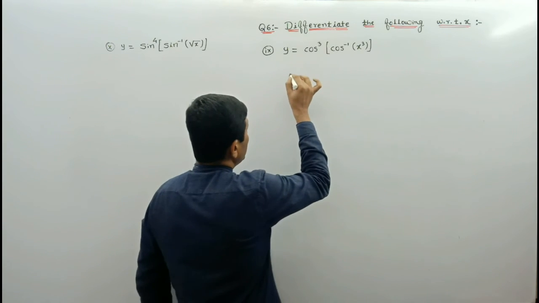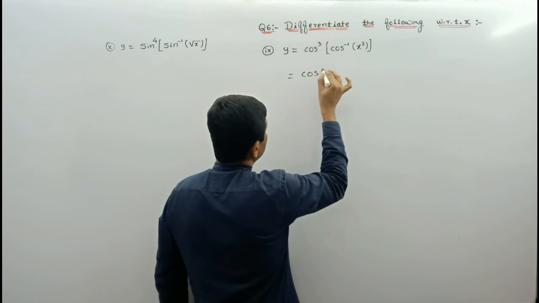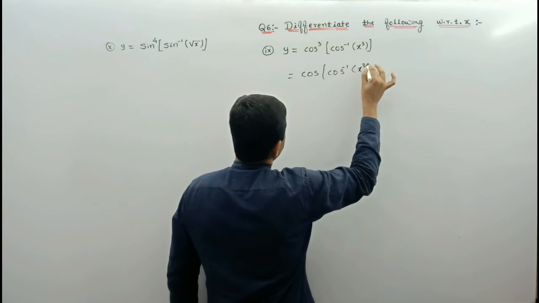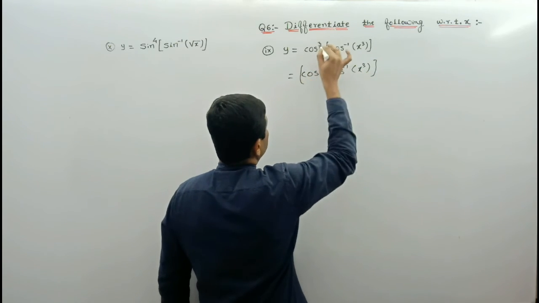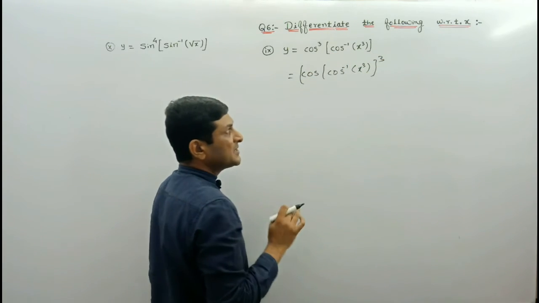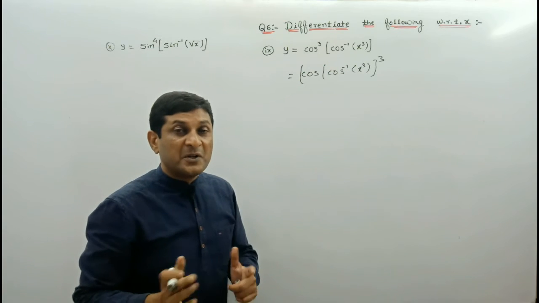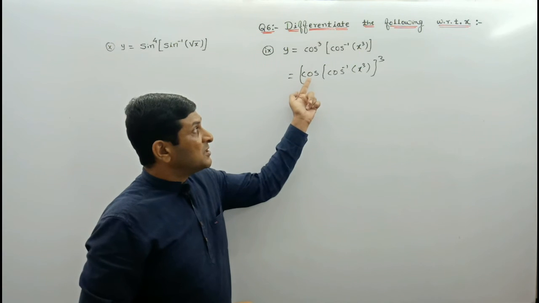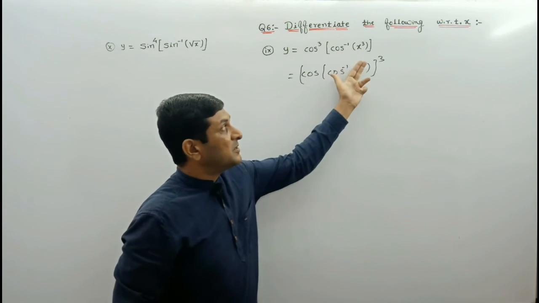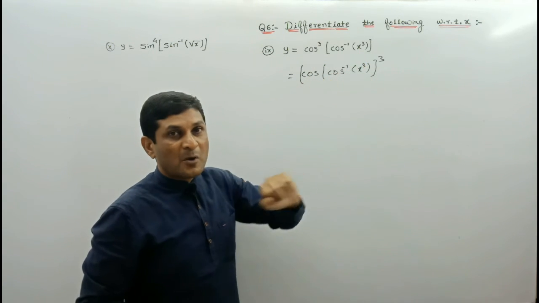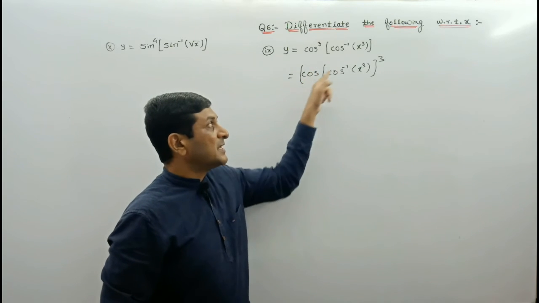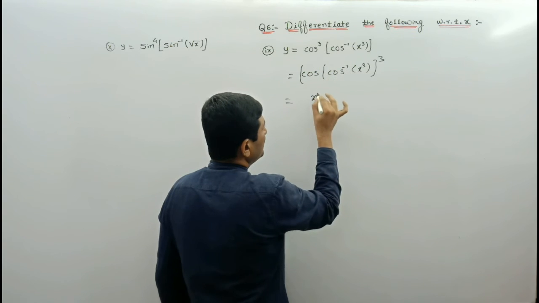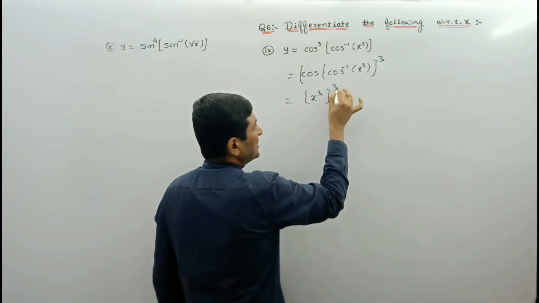So here it can also be written as cos inverse of x cube raised to power 3. This power I am writing here just to arrange the term in the form of property, so easily you are able to understand which property we are applying. Now this function is in the form of cos inverse of x. And according to property of inverse trigonometric function, cos and cos inverse will get cancelled. So what will be the remaining term here? X cube will be the remaining term, raised to power 3, keep it as it is.